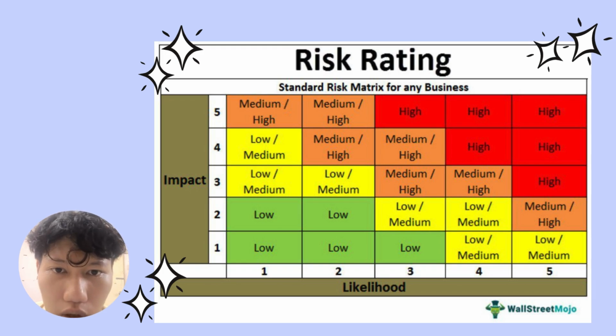The third is orange, significant risk that requires mitigation or a response plan. And lastly is red, critical risk that must be addressed immediately. For example, a risk with a likelihood of 4 and an impact of 5 would fall in the red zone, indicating